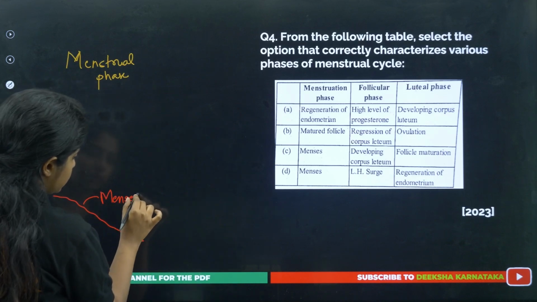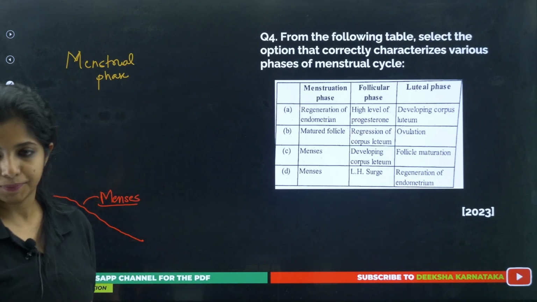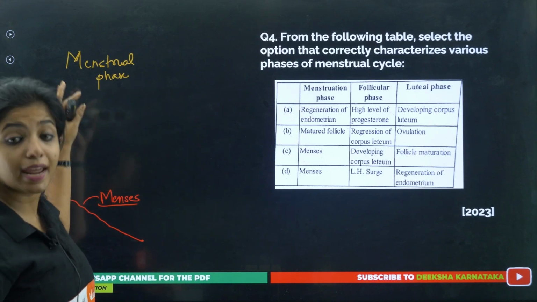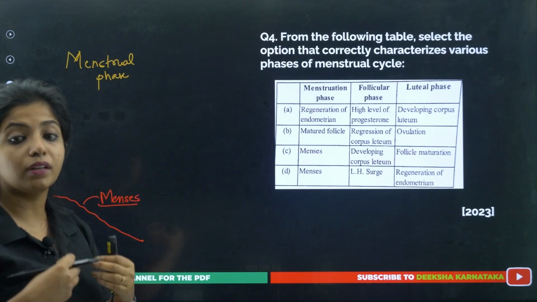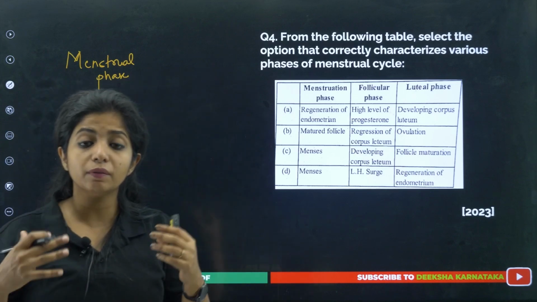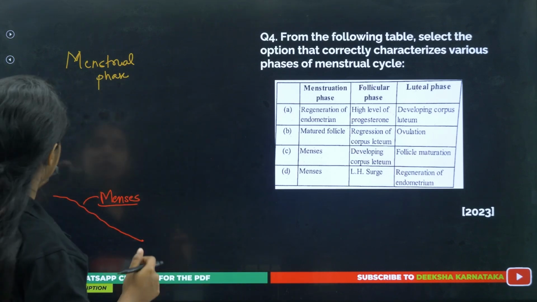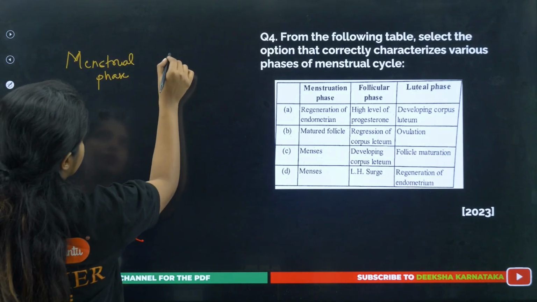You will be calling this as what, children? Menses. Okay, and slowly the follicles are also regenerating over here. The next follicle which should be giving out the next secondary oocyte will be forming around, but it is just in the initial stage of it. The next phase that you get is known as follicular phase,